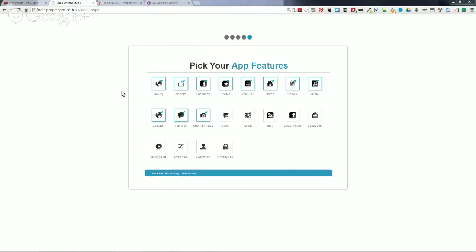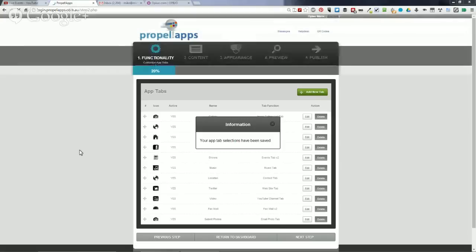So you can see it's having a good think, processing all of this information. One of the reasons why it does take its time processing information is it's going to try and populate these tabs for me to take some of the legwork out for me. If you're doing 20 app demos a day, you don't want to spend all day tinkering with features and customizing them. So what Propel Apps is designed to do is make your life easier by filling out some of these tabs where it can find information, and we're going to see how that